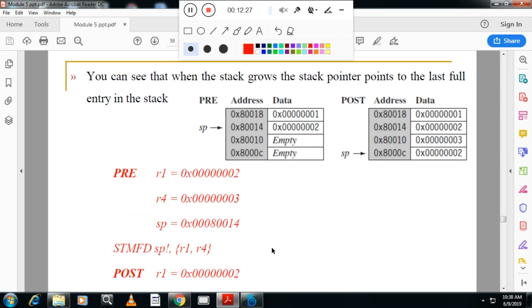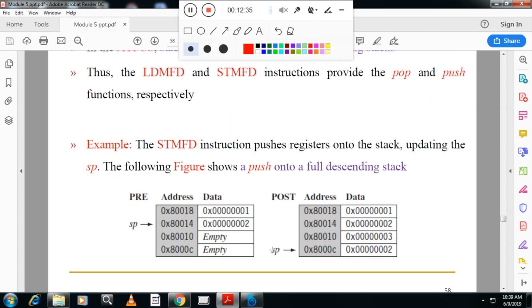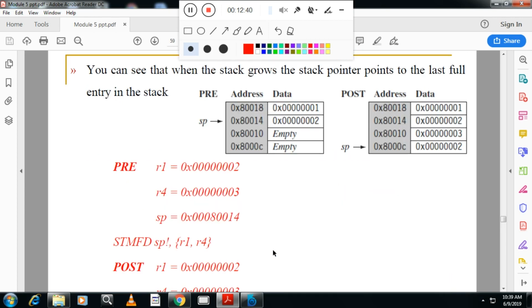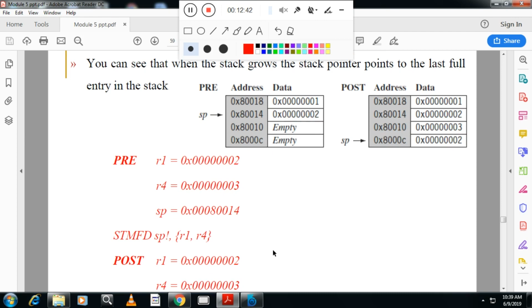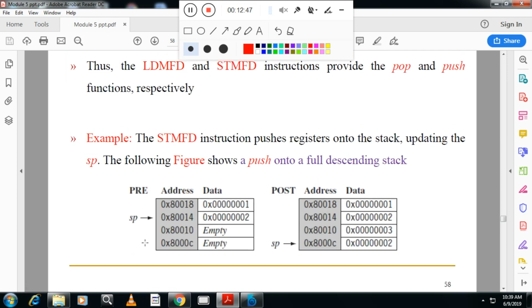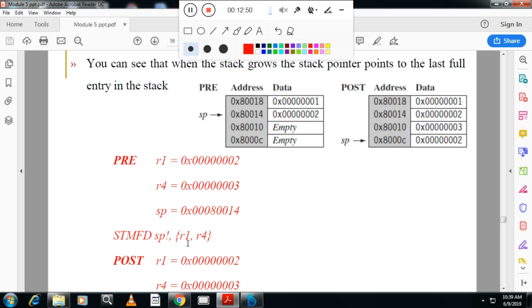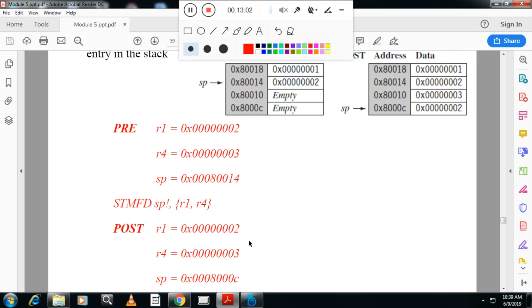Now we have one more instruction here. This is store multiple full descending. Same thing: R1, R2, R3, R4 are stored into the stack, and the stack pointer is updated. You can see the stack pointer is updated after this one.